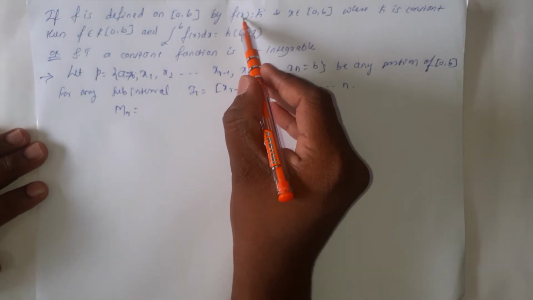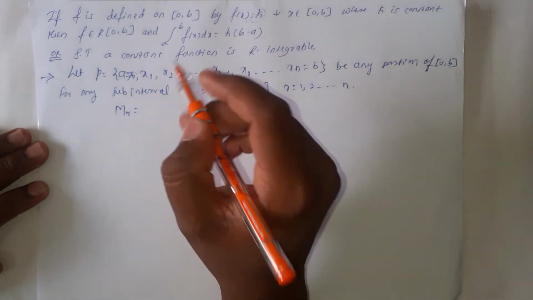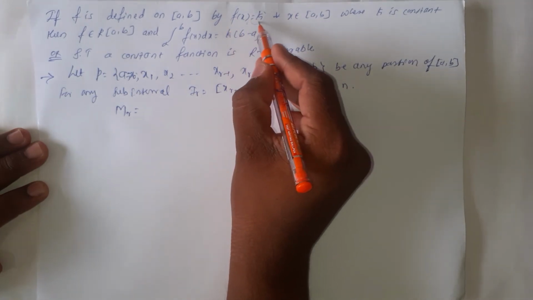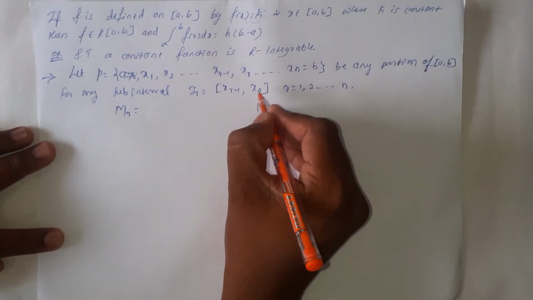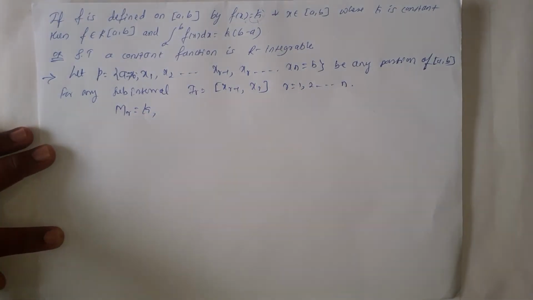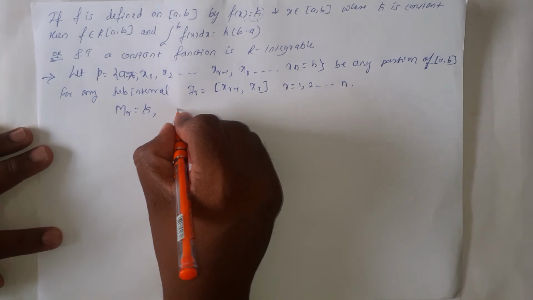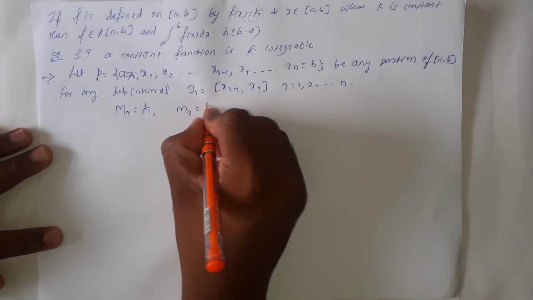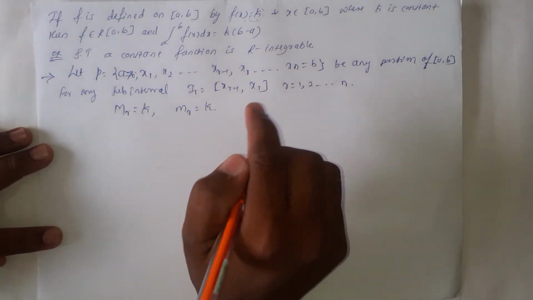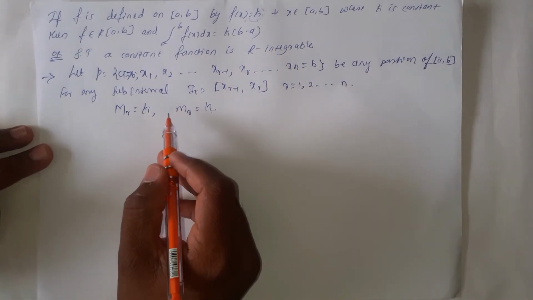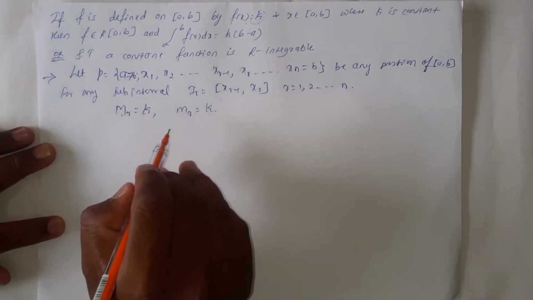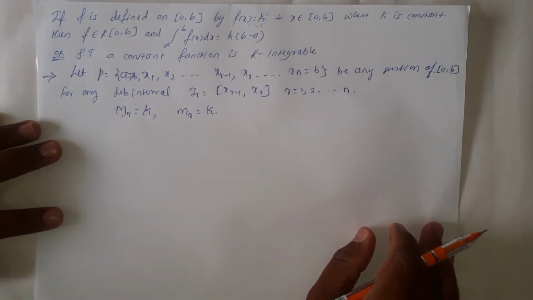Here the given function is f of x equal to k, means whatever may be the value of x, the value of the function is equal to k. So therefore after substituting x equal to xr, we are getting that as k, means supremum is equal to k, and similarly infimum is also k only. Since the function is constant function, we are getting the output of those function as k and k. So therefore supremum and infimum will be one and the same.